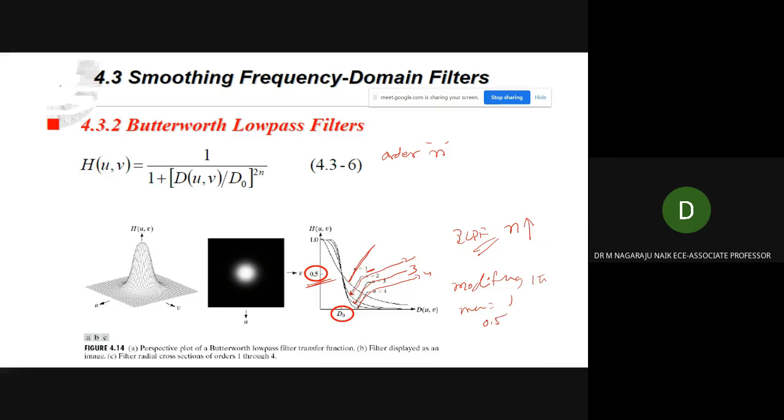Now h of u comma v is not considered as 1, so it is 0.5. That means down at 50% from its maximum value of 1 when d of u comma v is equal to d naught.